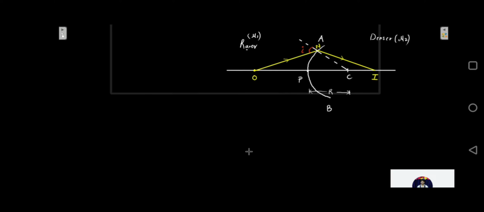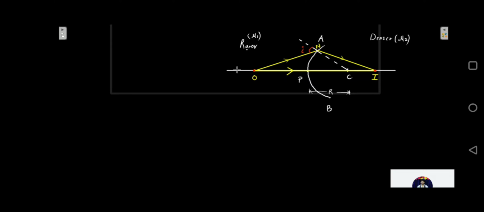Okay, let us consider one more ray which is going straight along the principal axis normally. So this ray is going to go undeflected. This point of intersection is going to give us the image formation. Image formation is going to happen at this point over here, which is the intersection of the two rays. So I is the point at which the image is formed. The two refracted rays meet at point I where the image is formed. This image is going to be a real image of the point object O. This is your point object O over here.